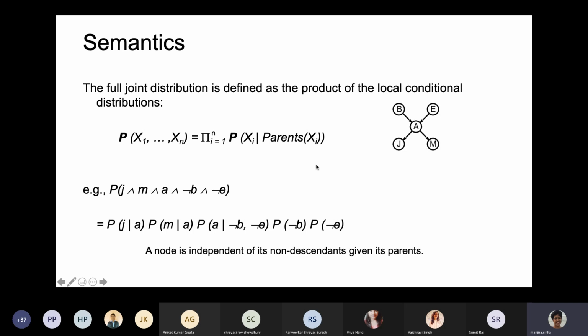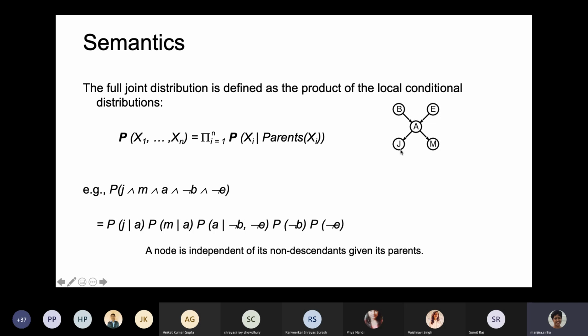We have seen that on a Bayesian network, we can derive the total joint probability based on the local conditional probability of each node, because we make a Markov assumption that the probability of the random variable assigned to a node is only dependent on its parents and is independent of its non-descendants. So for any xi, the probability is xi conditional on the probability of